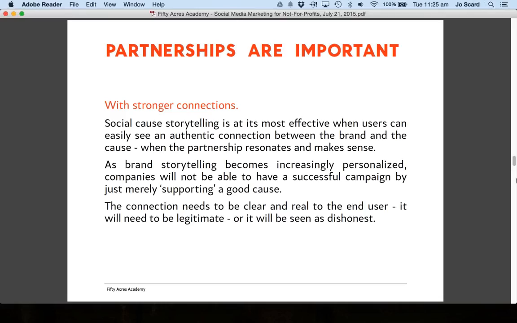It can become personalized. Companies won't be able to have a successful campaign by merely supporting a cause, just signing a check and going, oh yeah, we gave to so-and-so this year, so we're feeling okay about ourselves, so we can get up in the morning and feel all right. It's more important now to have a genuine